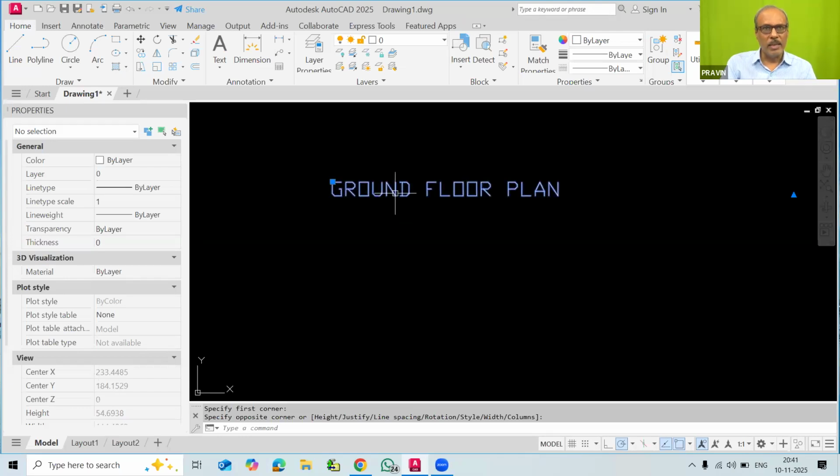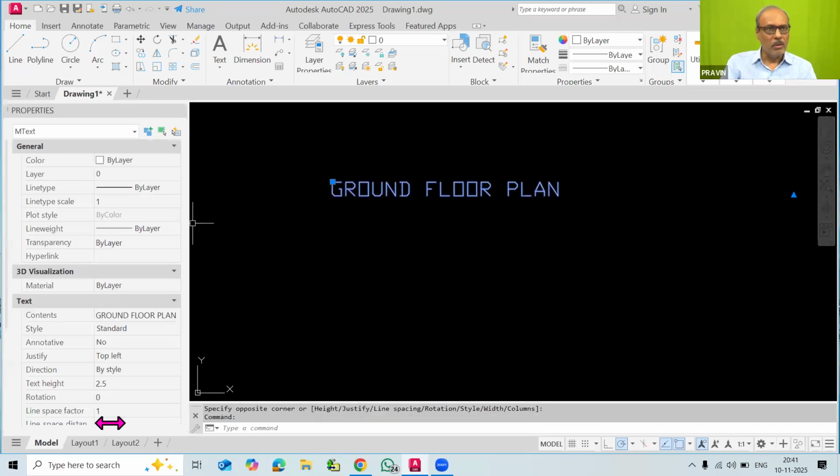If we select this text and we go here, there is a style called the standard style, and this standard style uses the TXT font. So in the previous lecture we have seen that for using a font in the AutoCAD drawing, first of all we have to create the text style.